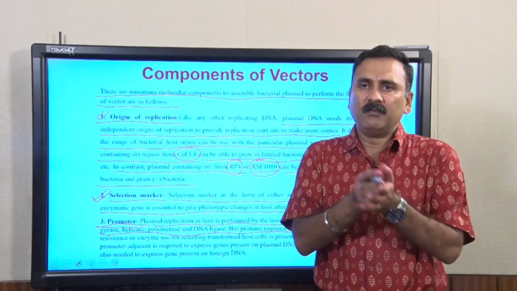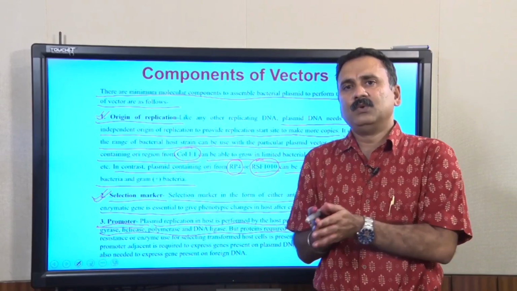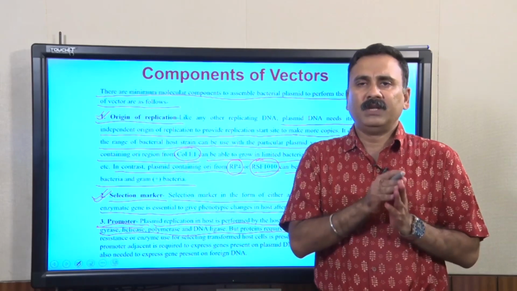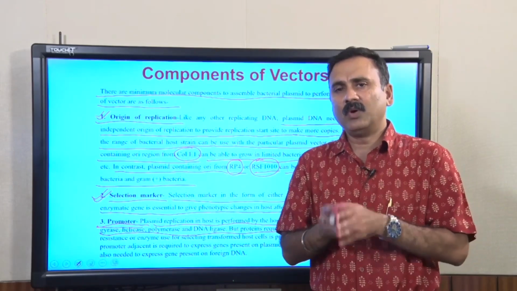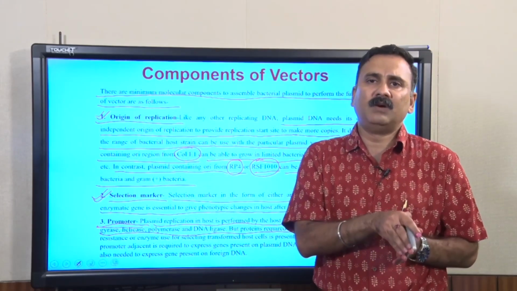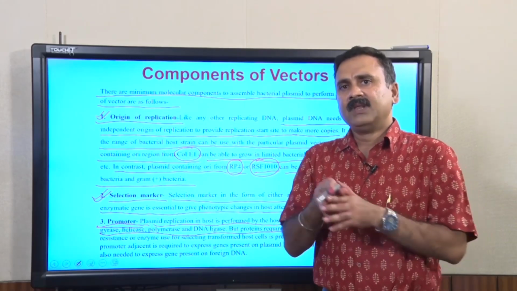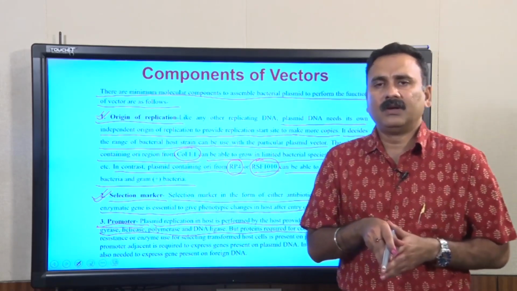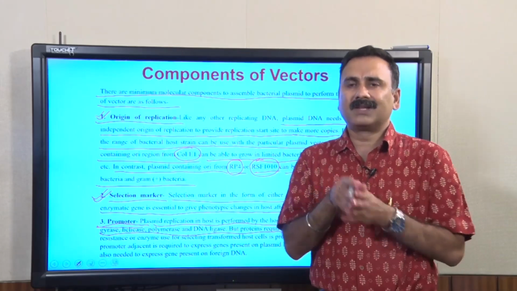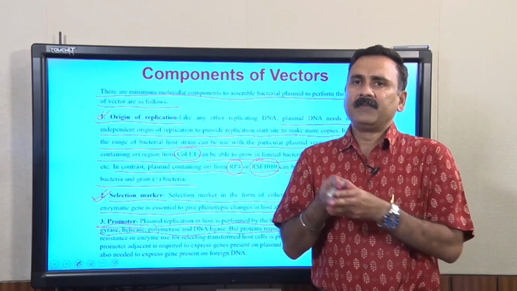So, the promoter you will put in those vectors which you are going to use for the overexpression of that particular protein or the overexpression of the recombinant DNA,